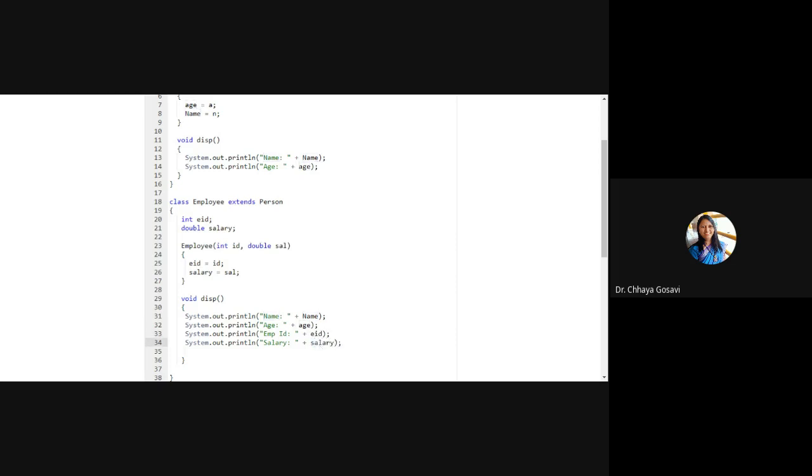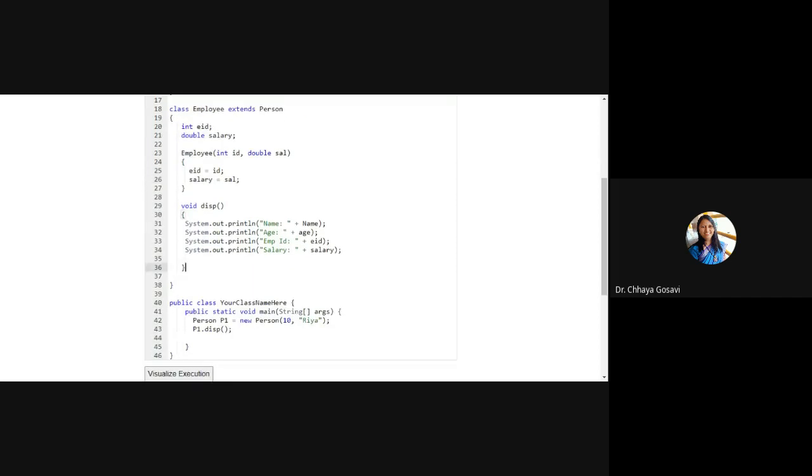We need to calculate salary from the user. Suppose the user has entered, this is basic, we need to add some perks or other allowances and calculate the actual salary, and we can display a salary slip. We can write one more function, calculate salary or display salary slip.